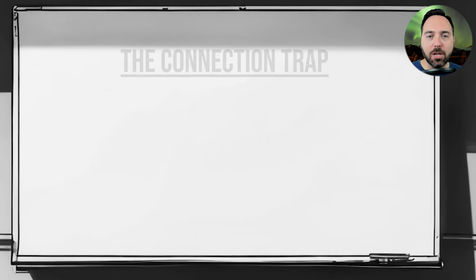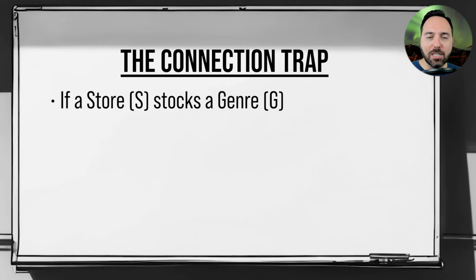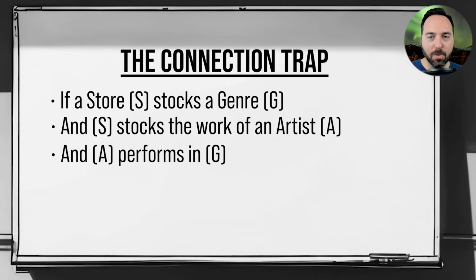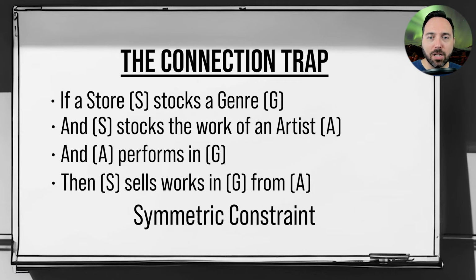Now let's formalize this a bit better by talking about something called the connection trap. Let's suppose we have the following rules in place. If a store stocks a particular genre, and that store stocks the work of a particular artist, and that artist performs in the aforementioned genre, then the store is guaranteed to sell works in the genre from that artist. This is something known as a symmetric constraint, and whether this constraint applies or not determines whether we risk falling